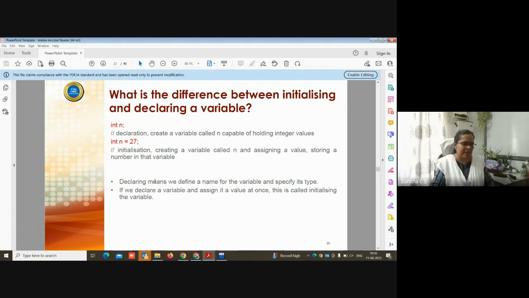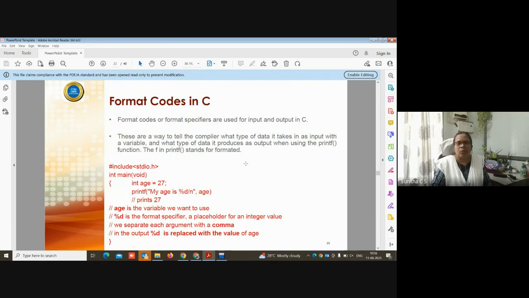That means declaring the variable means we declare the name of the variable against its data type only. But when you are initializing it, the initial value is also getting stored in that memory location.